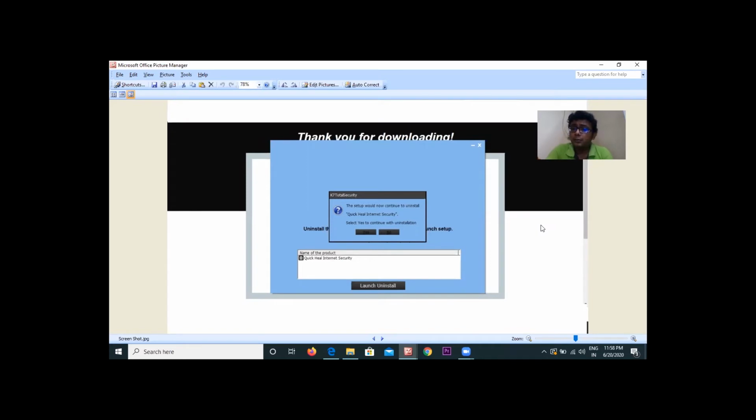So, what would be the resolution for this? We have two ways to delete these installed files from the registry completely. The first way is, we can download and install Revo Uninstaller Pro in order to delete these Quickhill installed files from the registry completely. How will you do that? I'm going to show you.